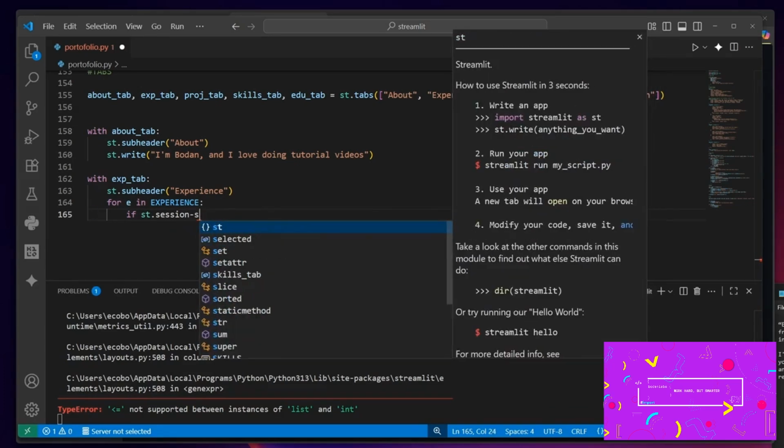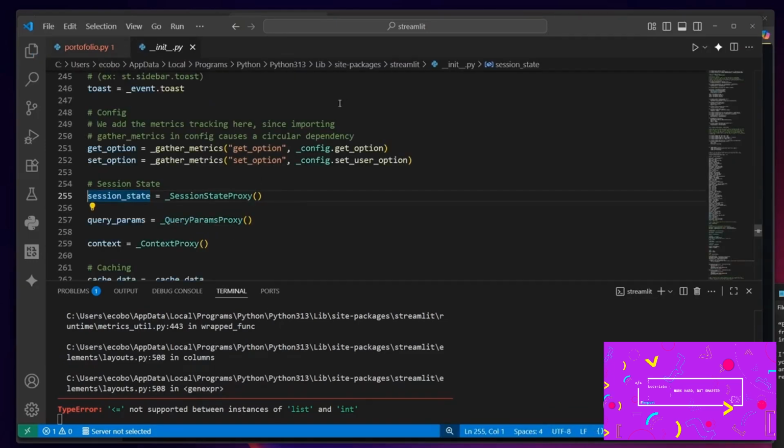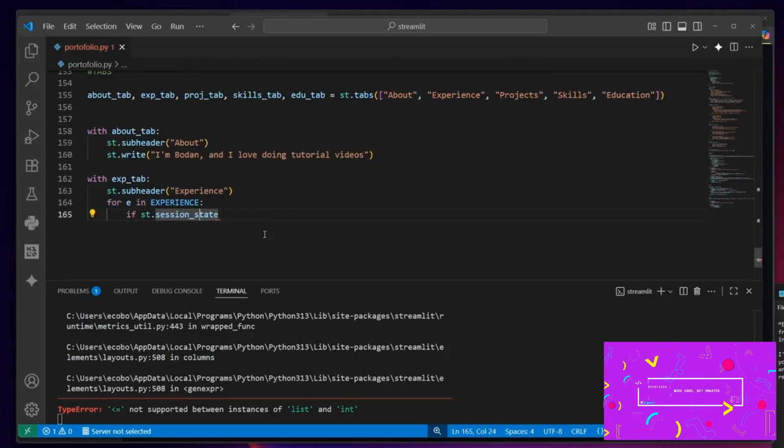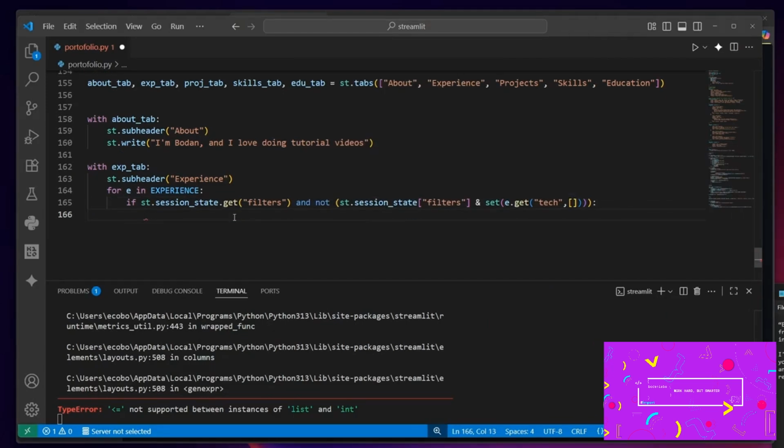I don't know if you remember when we used this session state, if we go over the session state here, you will see that now we can get the filters. Session state, which is going to be filters again. And in here, I'm going to add a set of it, otherwise it should be just empty. Now, if I'm going to do something here after this if, it's a continue,